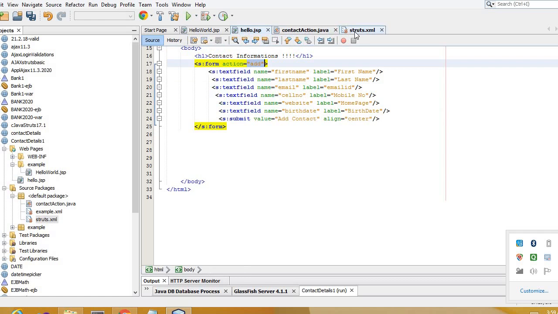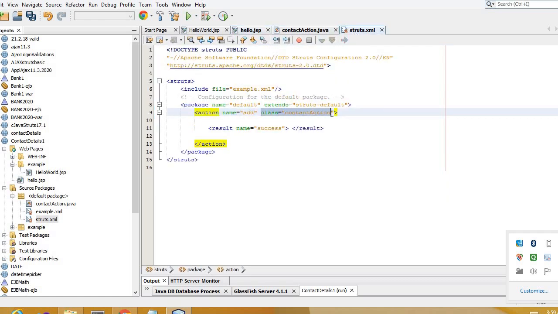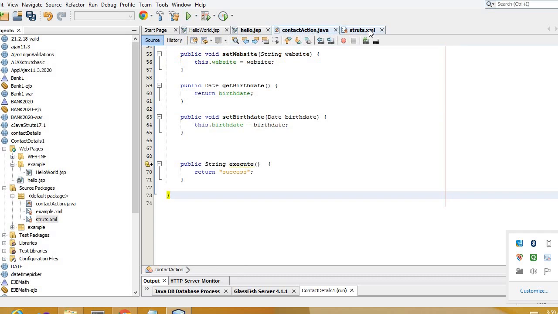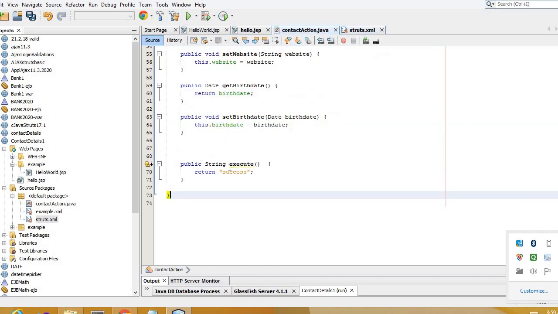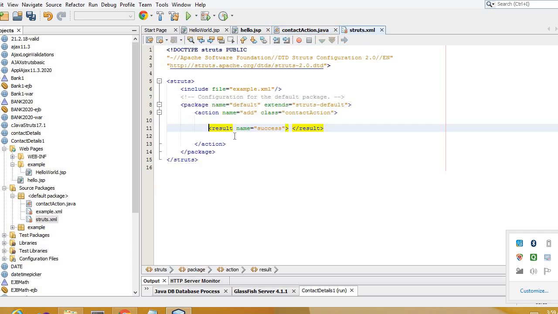Once this action add is invoked, it has to go to this particular Java class. This is our ContactAction Java class, and then once ContactAction.java returns success, here the result can be anything, right? If some condition is not satisfied, you can return failure also. Okay, as per the result, here I am taking by default result name is equal to success, then it has to go to one particular JSP page. Now let's say I will just give the same page where the information has to be displayed. So I'll just give here, if the result name is going to be success, then it has to go to the hello.jsp file. Okay, so this is our struts.xml file.